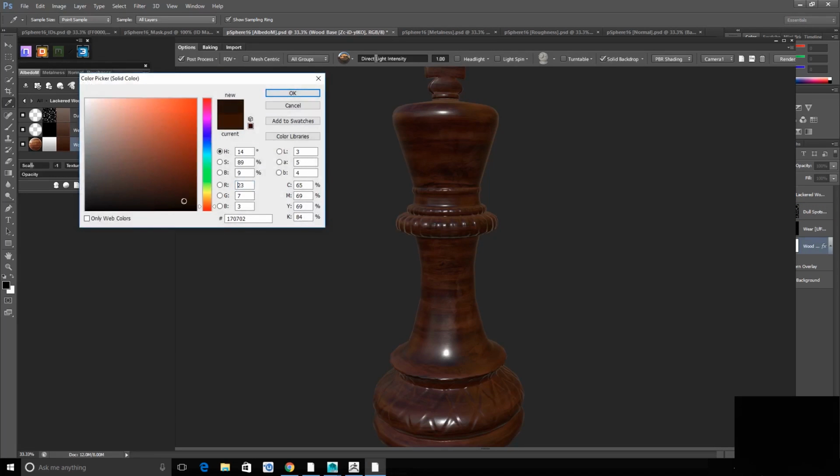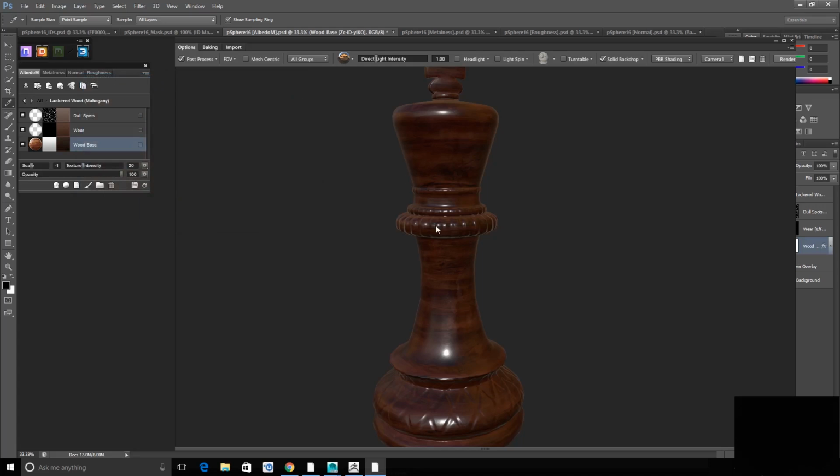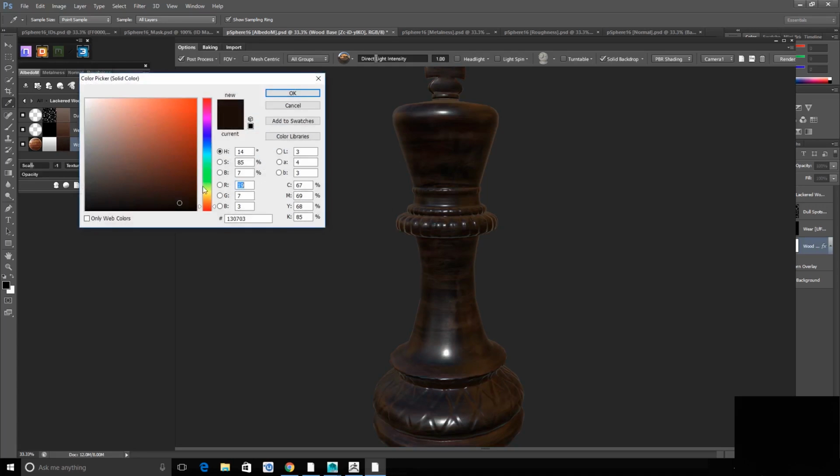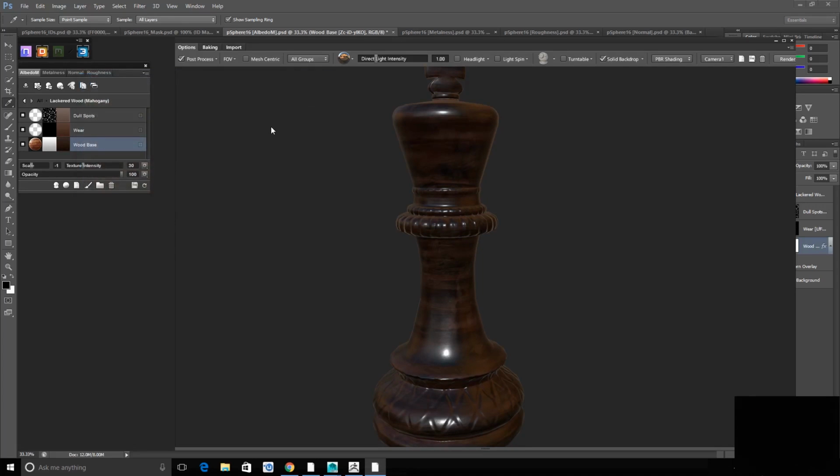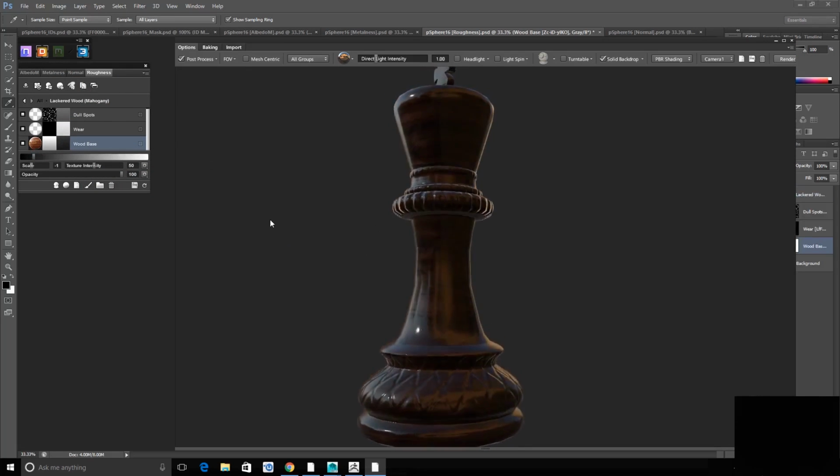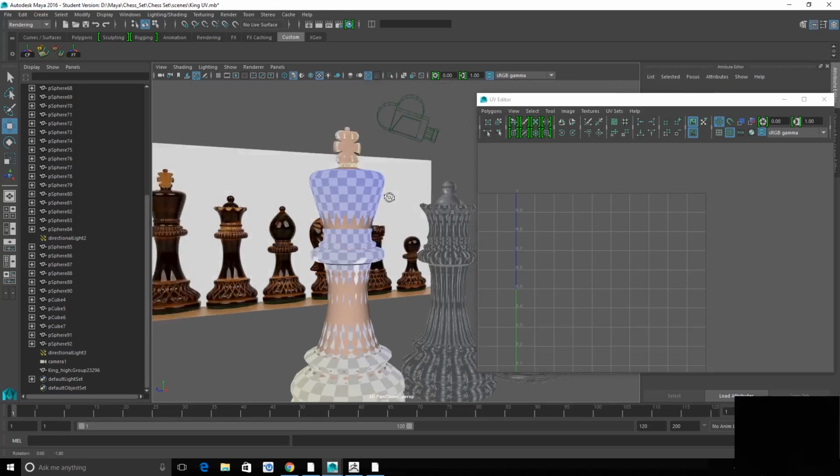Wood, ours is quite dark, so we can darken that. Now kill some of the red. And this is key here. Our pieces, according to our reference,